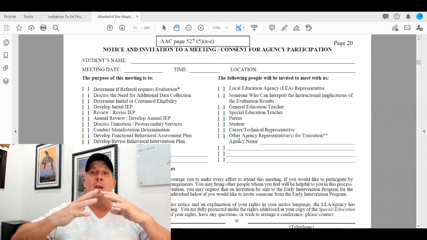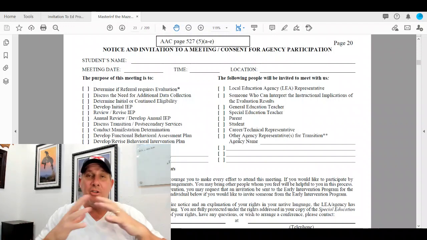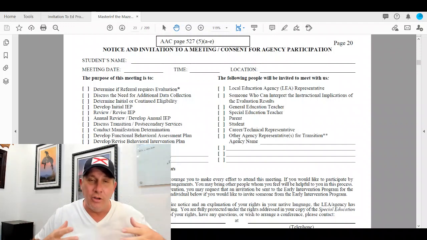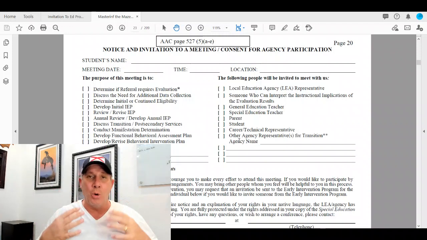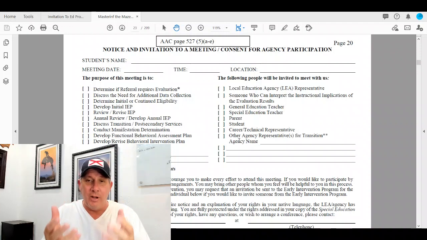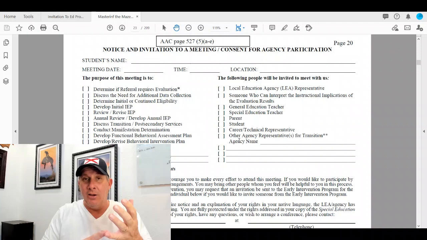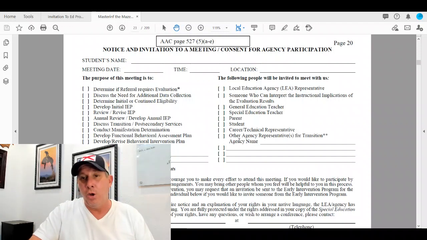This is a document for both sides to contribute something to. The school is responsible for extending the invitation. It is your responsibility as a parent to fill out your portion of it, meaning the date and time that is good for you, and then who you need to invite.